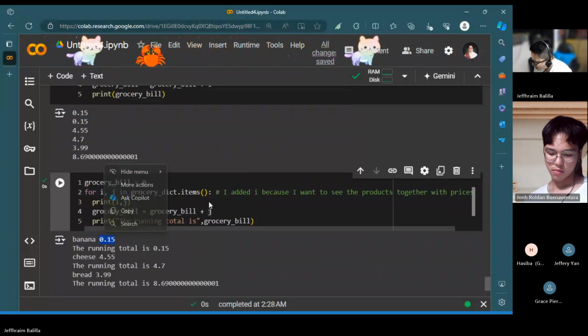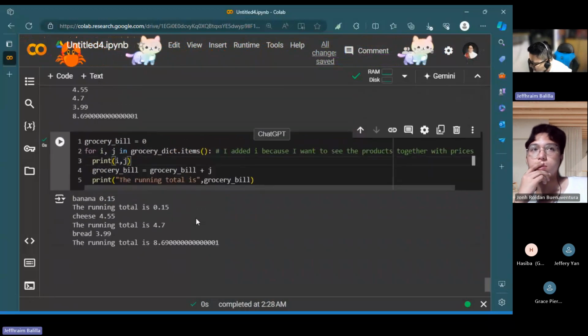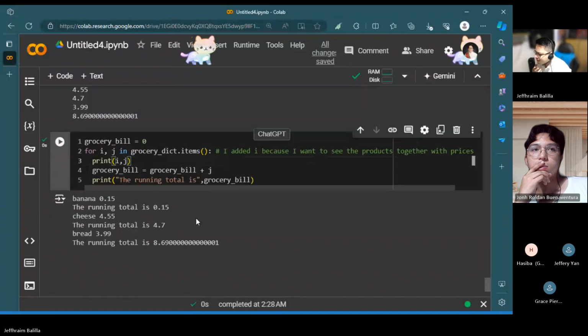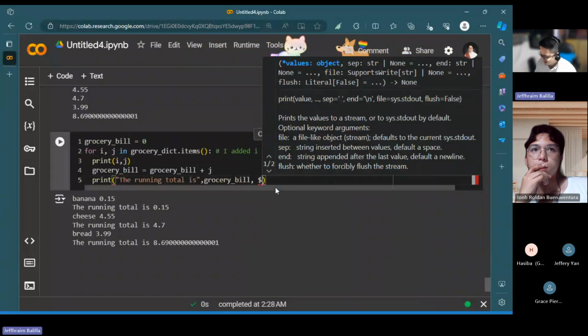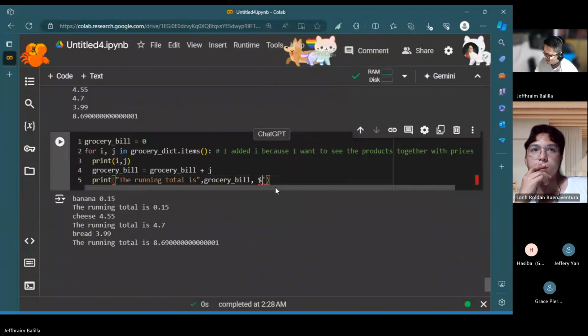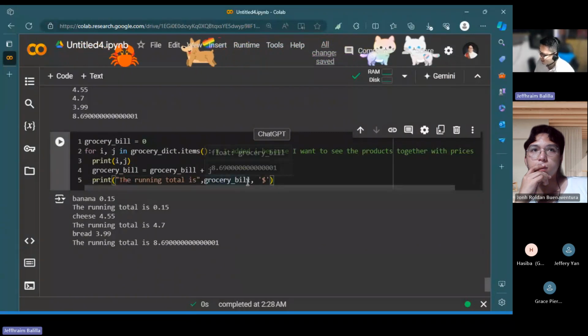In fact, I'm thinking of adding a dollar sign somewhere here.